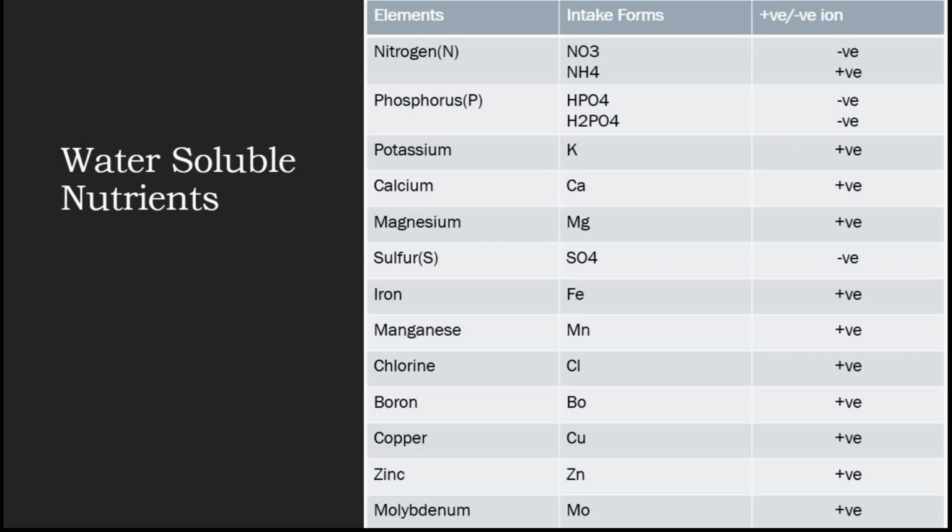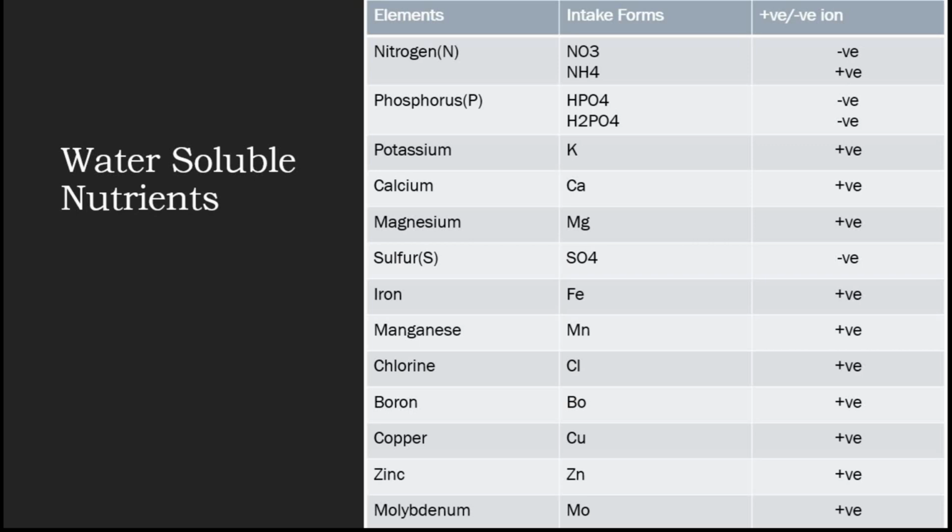So we need to make sure that whenever we are actually blending our own recipes, these positive and negative ions that we are actually using to make our nutrients, these positive and negative has to be always balanced. It has to be almost equal. There has to be no difference between positive and negative. There can be a difference of approximately 0.1% or 0.2% or 0.3%, but more than 3 or 4% is not at all acceptable.